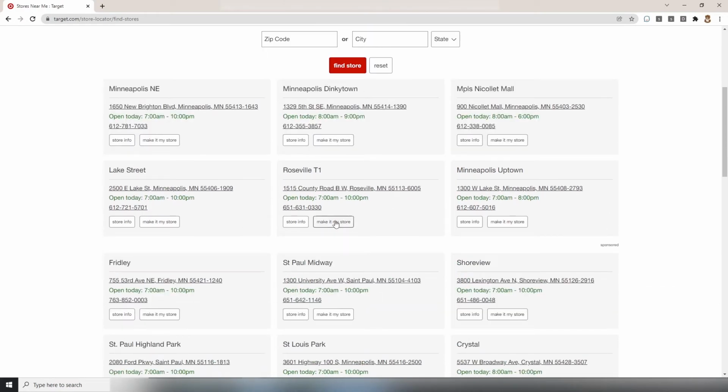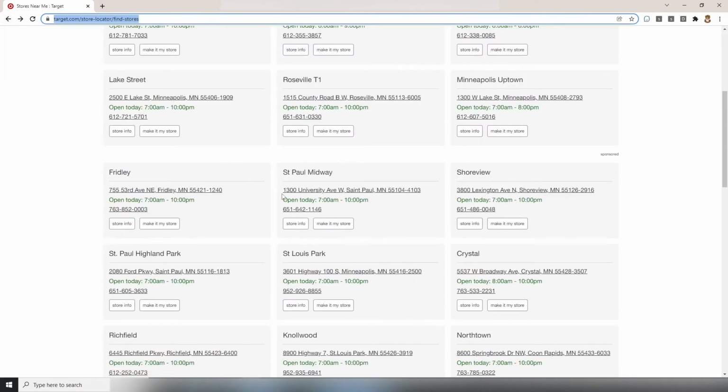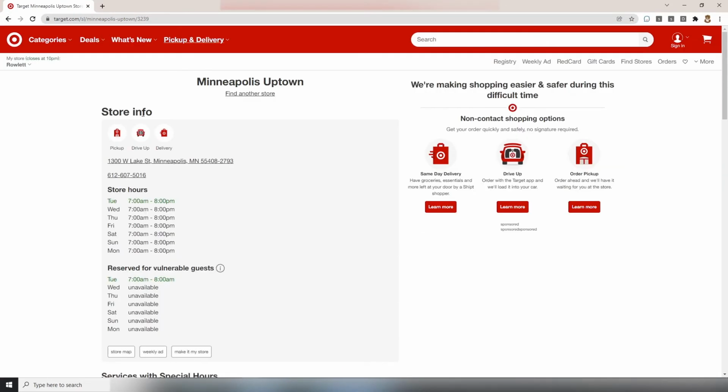Once you do that, a bunch of stores will pop up, and then all you have to do is hit store info, and it's going to show right here. This is the store ID right here. These last 4 numbers at the end, this is what it's going to be. So this one's 1095. We'll go to a different store. So you would copy these numbers right up here,